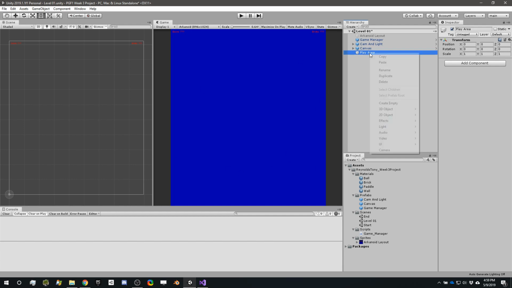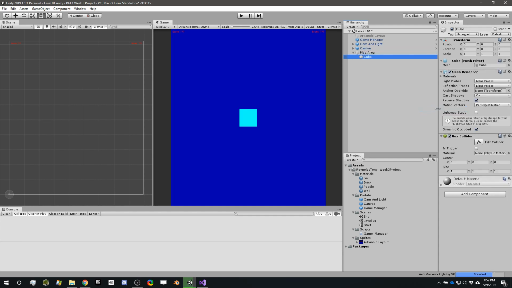So let's right click on the play area, create 3D object, and we're looking to create a cube. Now, I'm going to create 4 of these things, or more specifically, I'm going to duplicate 3 more of these things, but since I'm going to be customizing it, I can already, right here with this first one, prime it with a little bit of information. Or if I duplicated them, I could use Shift Select to select them all and multi-object edit, and drag whatever their items are. But in this case, since this is going to be one of the 4 edges,